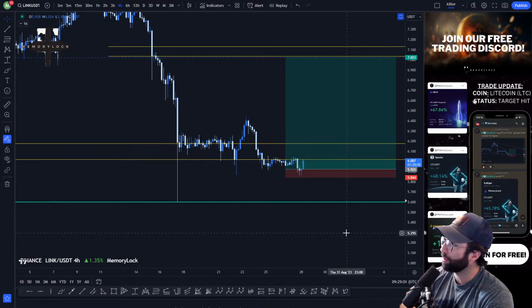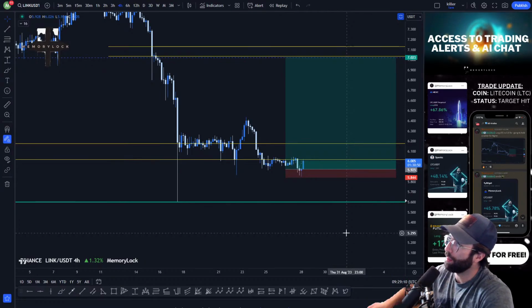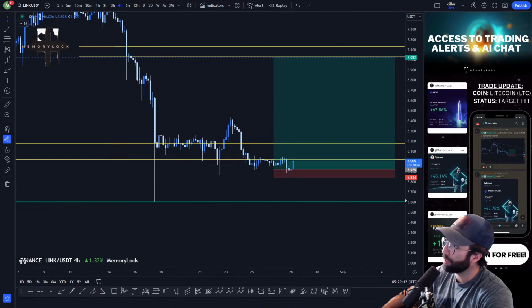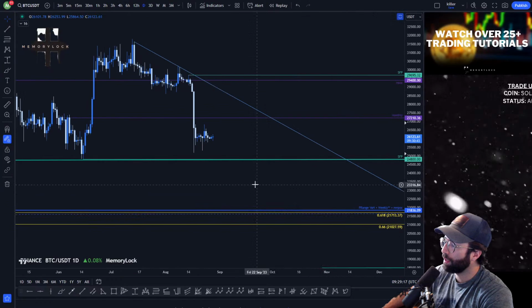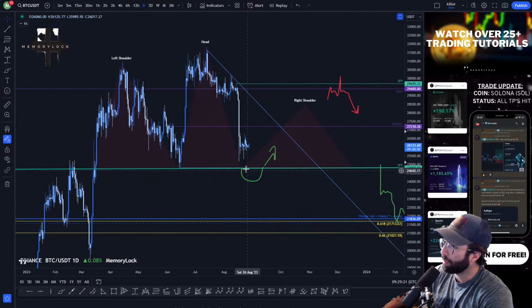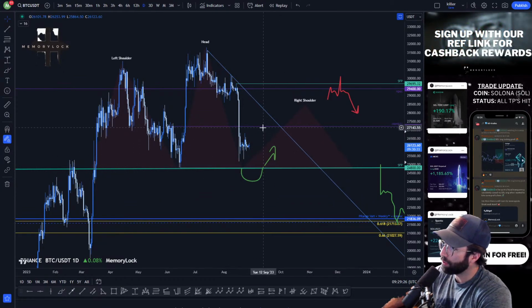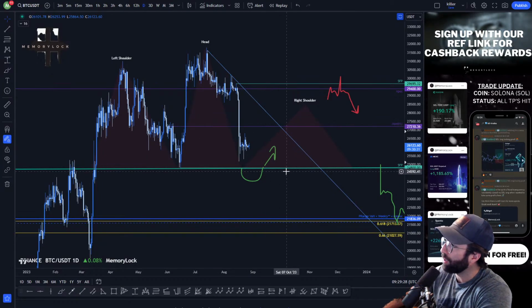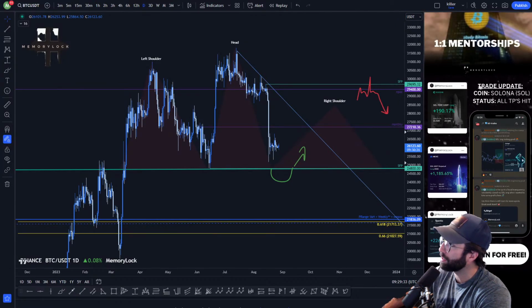I am not long on Ethereum. I'm going to wait for the higher time frame levels to play out on Ethereum. I am long BTC, but again, I'm more so waiting on those higher time frame levels on BTC to start trading out, in accordance with this plan here. I'm really more eager to take these trades. As a matter of fact, I may even look to take a short on this wave 4 for our wave 5 down. May look for some kind of a short position. It might be something that I'm happy to take.